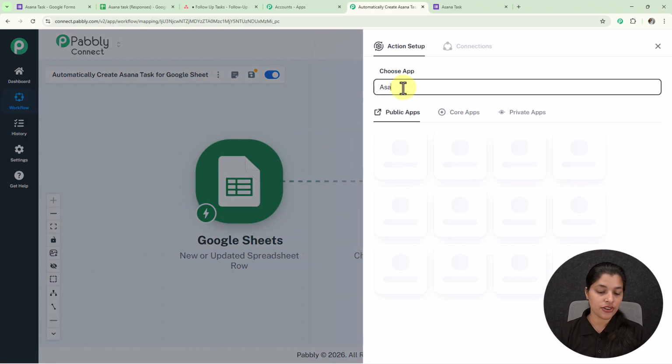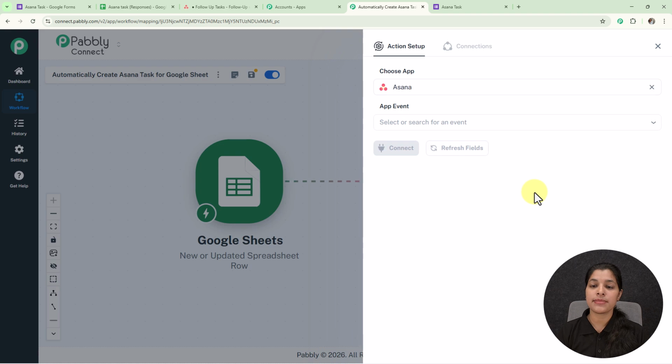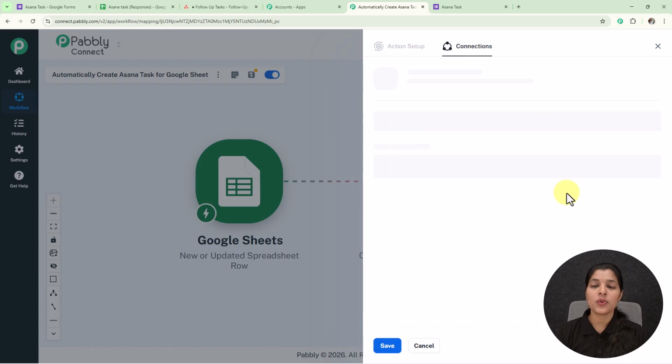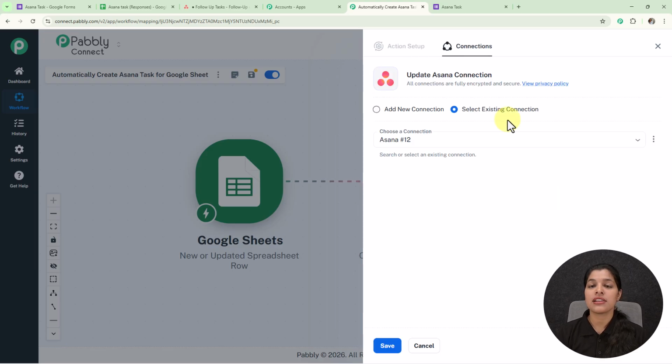So now let's search for it, and here you can see I'm getting this application, so I'm going to select it. Now I'm going to select my app event as create a task with custom fields. Now let's click over this connect button, and here we have landed on the connection page where, if you want to go through your existing connection, then you can select this existing connection button, and for building a new connection you just have to click over this add new connection button,